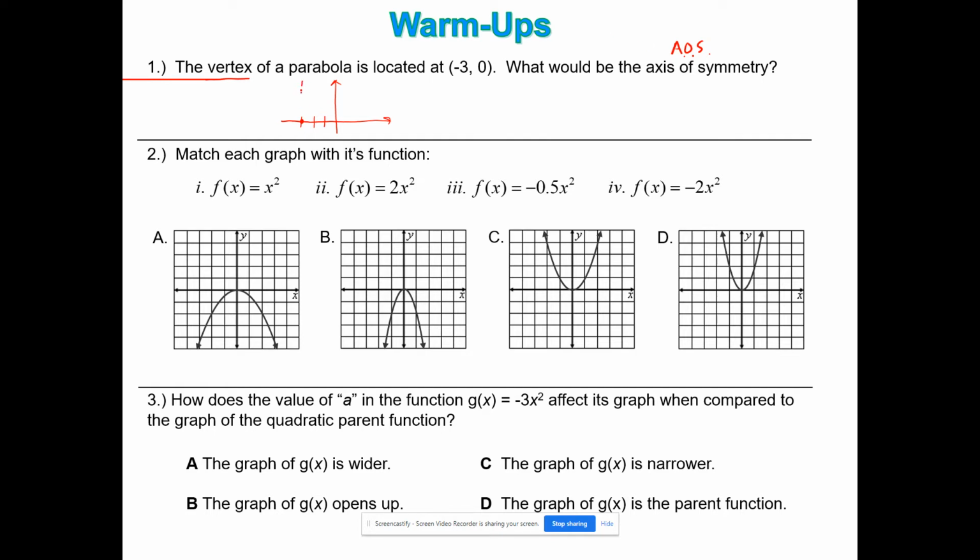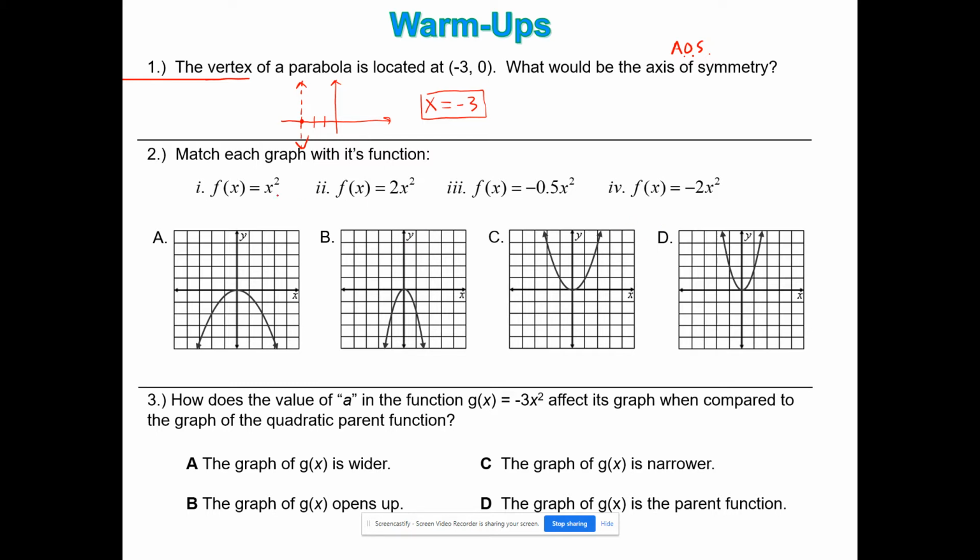So I'm going to draw my vertical line. That right there will be my AOS, and the equation of that vertical line is x equals -3. So it's always the x value of your vertex. If you just want a shortcut, that's what it would be. All right, number 2, we're going to match each graph, 1, 2, 3, 4, with the appropriate